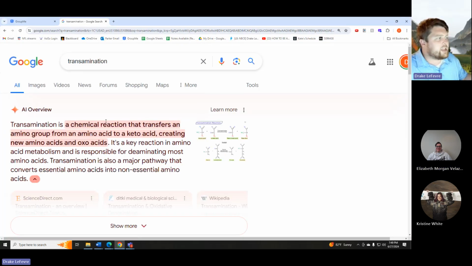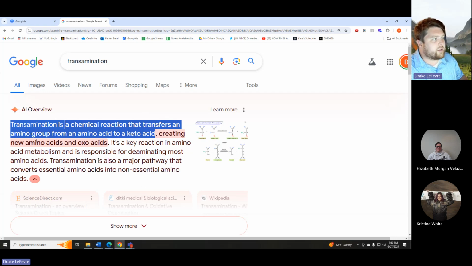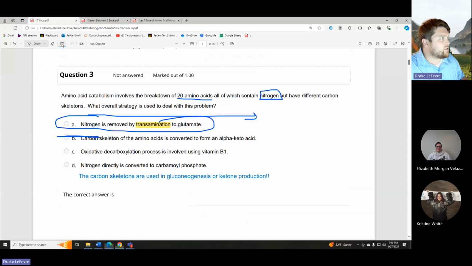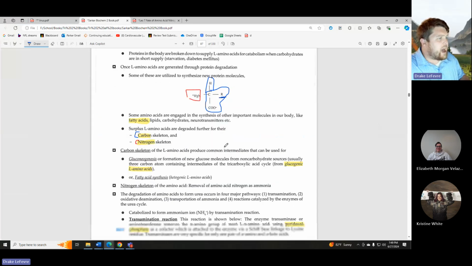Yeah. It's a chemical reaction, so it's a type of enzyme. Our transferase enzymes transfer an amino group from an amino acid to a keto acid, which creates new amino acids and oxo acids. That last part's not super important. This first part is the one that you're going to get questions on. Transamination is a chemical reaction that transfers an amino group from an amino acid to a keto acid. So essentially, because what we want to do is pass along